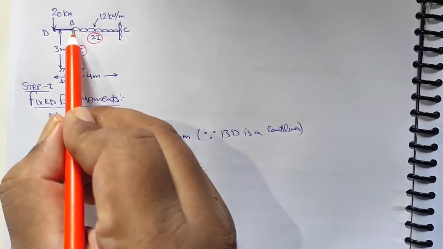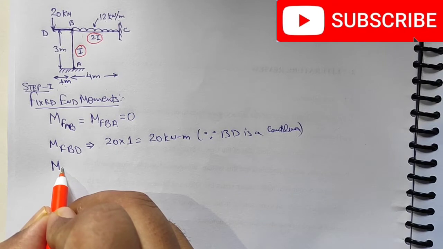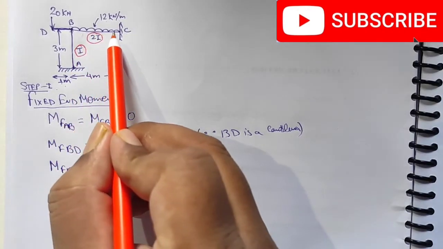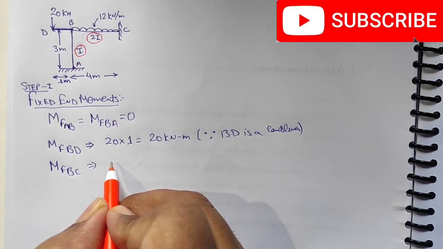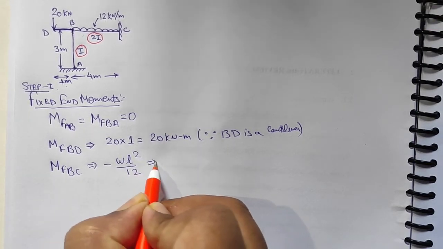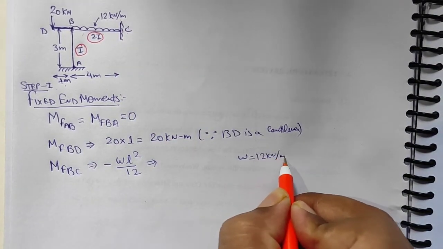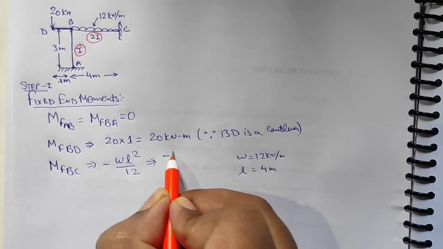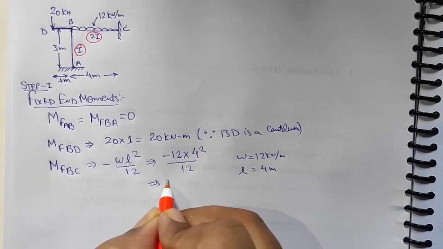Here we can write, since BD is a cantilever, hence we have found out fixed end moment by simple analysis. Now I'll find out the fixed end moment for the next member, that is BC. So here the fixed end moment will be MFBC. Now as we can see that here a UDL is loaded, hence my fixed end moment for the beam having UDL is negative WL square upon 12. Here the value of W is 12 kN per meter and L is equal to 4 meter. Therefore my value here will be negative 12 multiplied by 4 square divided by 12, which will give me negative